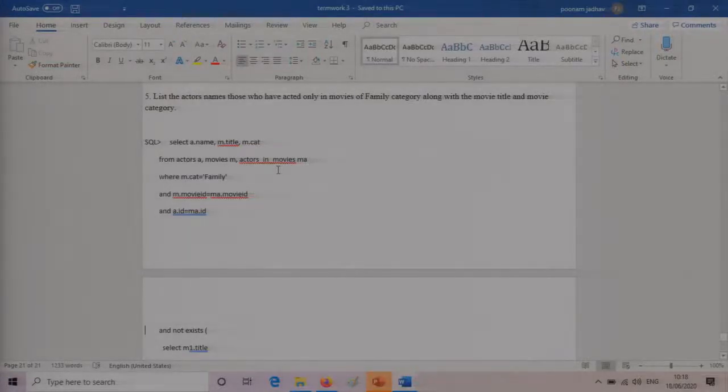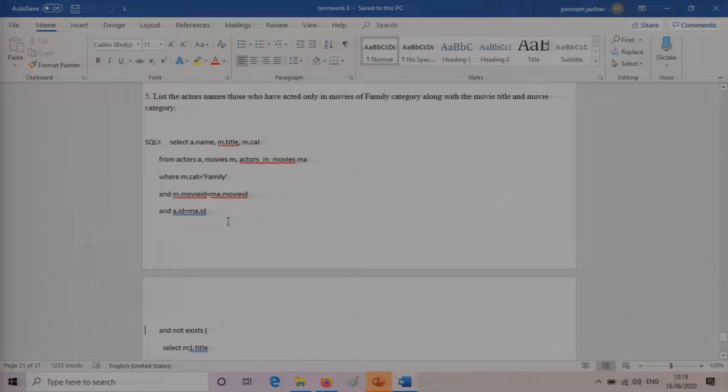Good morning, students. Today we will take up the fifth query, which we were unfortunately not able to cover in our last lecture. This is the fifth query from lab term work number 3 for DBMS. Because of shortage of time, I couldn't cover this query, so I am taking it up along with the next term work that I will take up after this. So the fifth query goes like this.